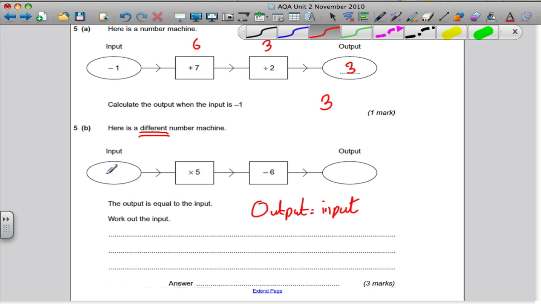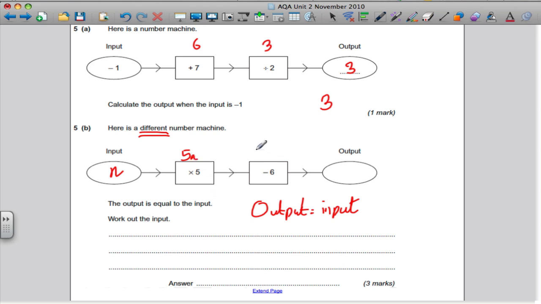Put in a number using a letter, and why don't we call that number n? Multiply by 5, a mathematician writes n multiplied by 5 as 5n. Then subtract 6, so you get 5n subtract 6. And your output is 5n subtract 6. You want the input to equal the output, so you want that number you put in, n, to equal 5n subtract 6. You've got a linear equation here, and you can solve in the normal ways to find n,